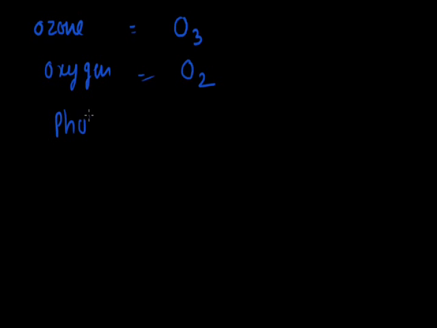For phosphorus, we generally use the P4 representation because one molecule of phosphorus contains four atoms of phosphorus. Here P represents phosphorus and subscript 4 represents four atoms of phosphorus. Here O represents the element oxygen and 2 represents two atoms of oxygen. So we can say that this one represents the symbol of the element and the subscript represents the number of atoms in one molecule of the element.